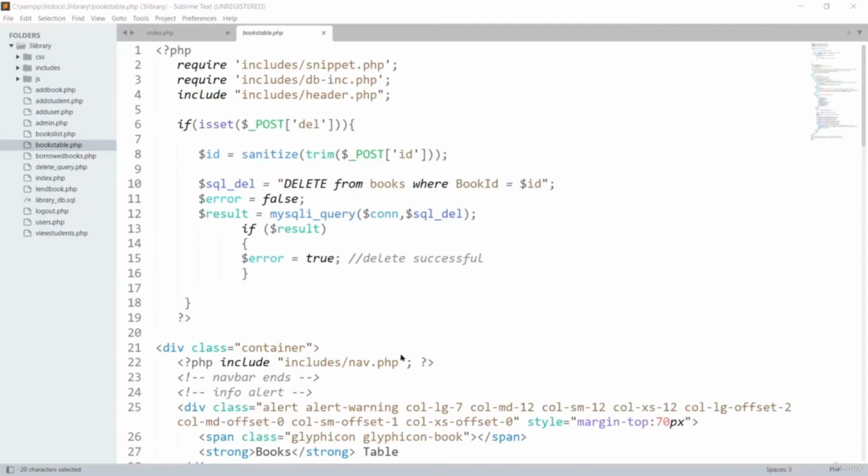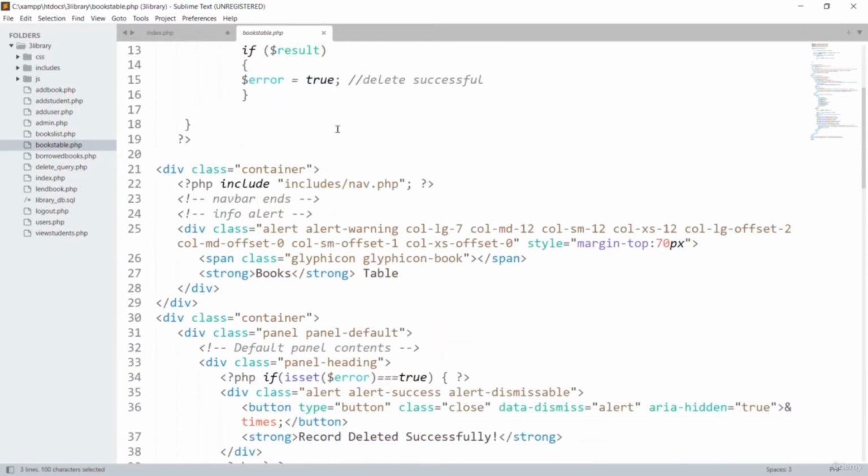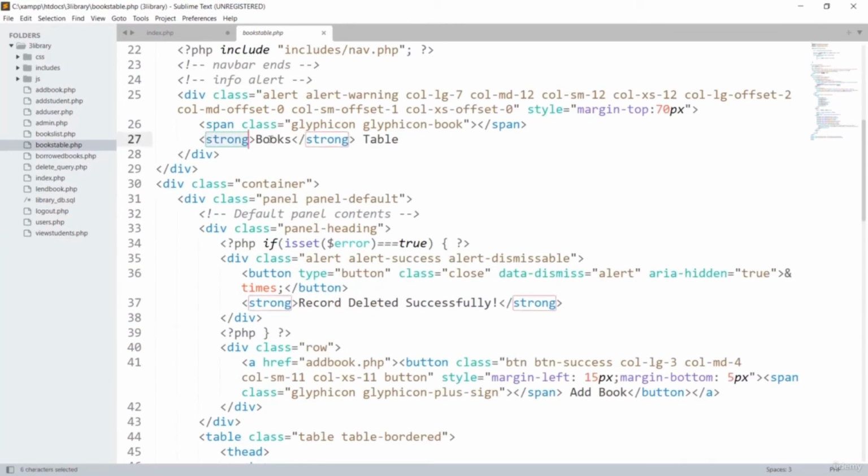This is the books table.php page. When clicking the first button on the dashboard, the user will be redirected to the books table.php page. In this page, the user can manage all the books in the library. This page will contain a button to add the books in the library record, and it will also show the list of all the books which are present in the library, and the user can also delete the selected books from the record. First, in this page I have required all the files, and after that the heading is the books table,